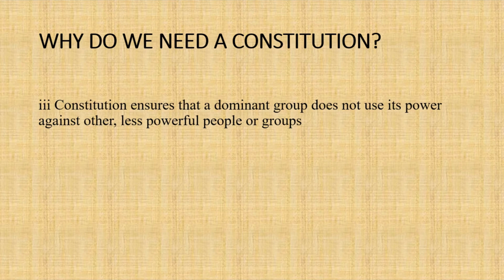For example, if we take a primary health care center, treatment is available for everyone, right? Hypothetically, if the majority gets treatment and the minorities are not allowed to take treatment, how would it be? It's wrong, right? Our constitution won't let it. Whatever the majority gets, the minority also will get, so the constitution ensures that minorities are not excluded from anything that is routinely available to the majority.